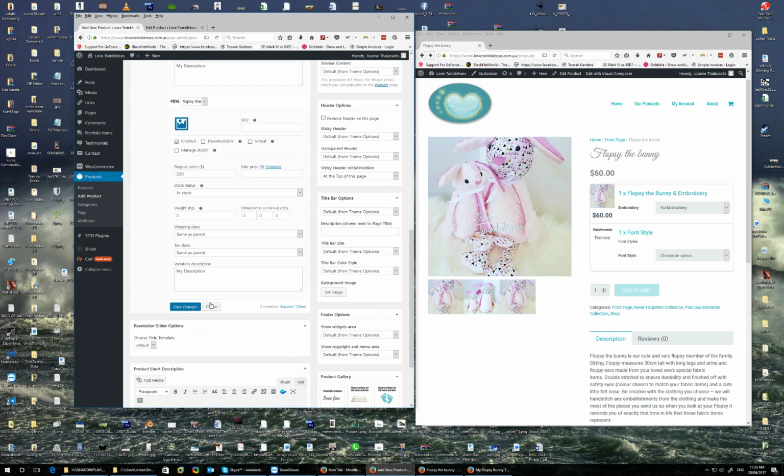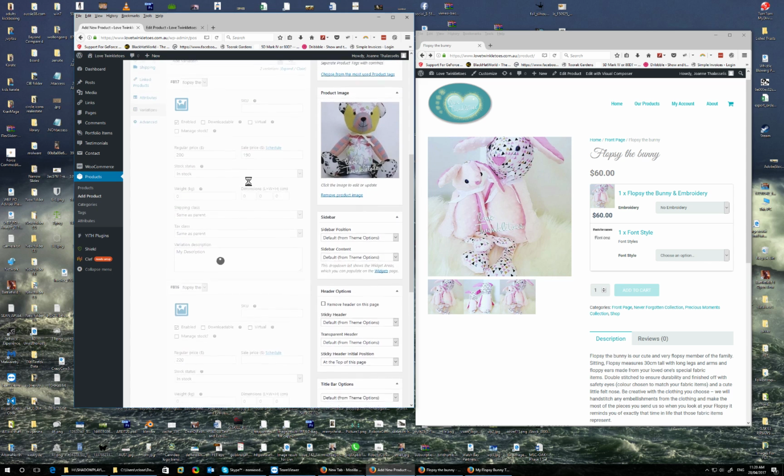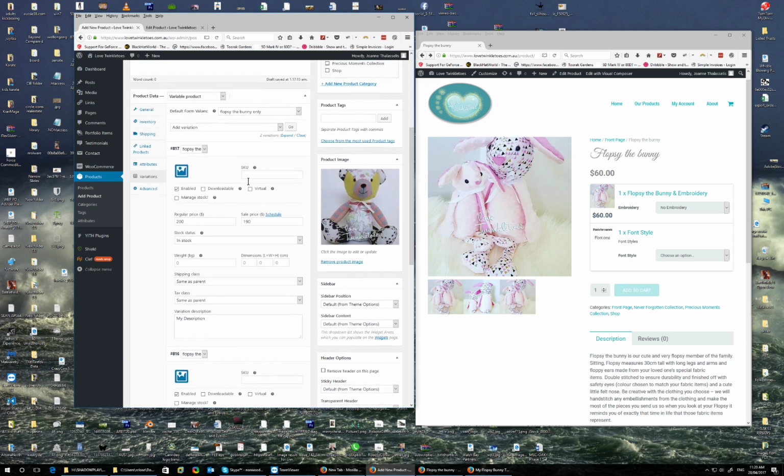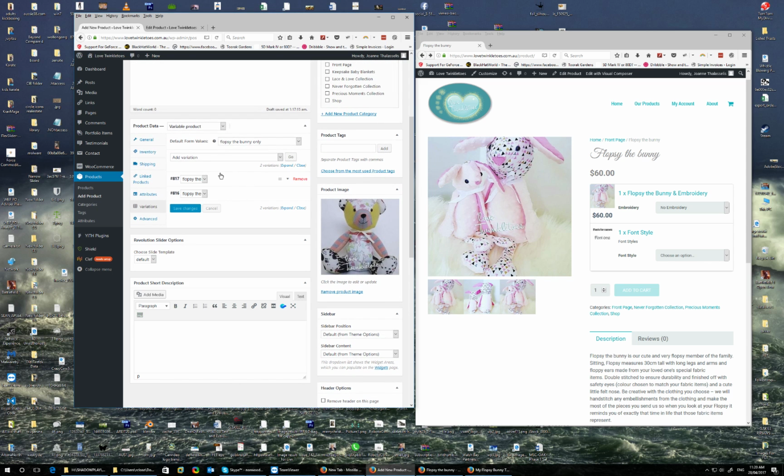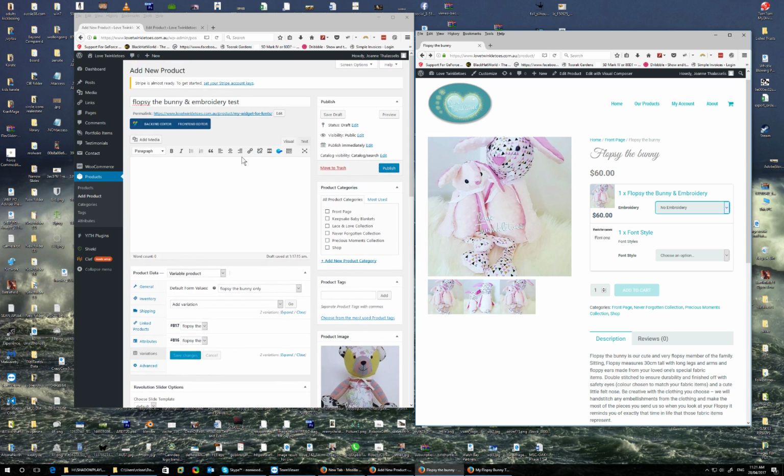My description. Okay, so we've got two variations now which are going to appear in this section here. So this is Flopsy the Bunny and embroidery test. We'll publish this, it's a variable product, and then we'll move on to